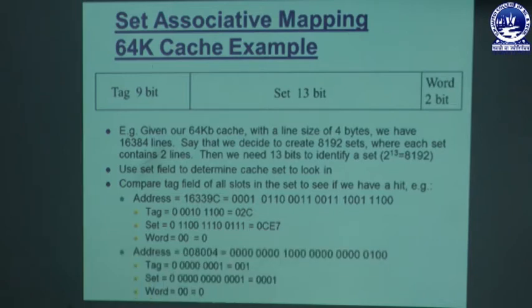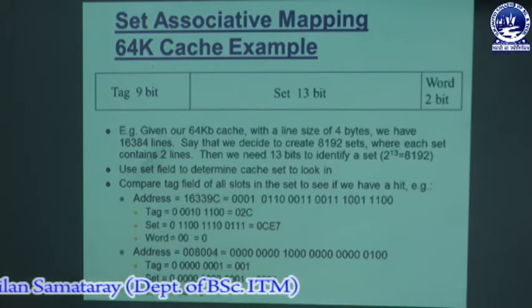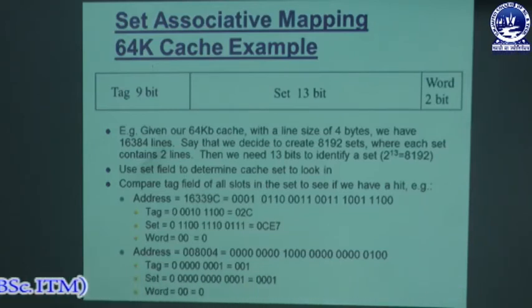So, this is another example, address 008004. Here you can say the tag field is our 001, okay, first. Then the set value is our 001, that means it is our set 1. So, word is our 0. In the set 1, there are 2 lines, line 0 and line 1. So, you have to go to the lines first, and from that you will get the block, and from that block you will get our word.